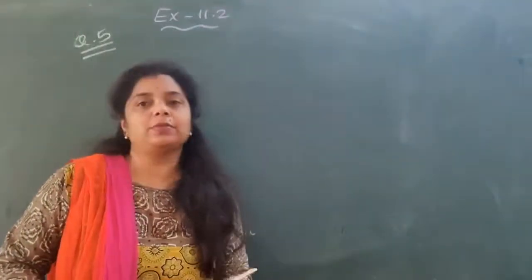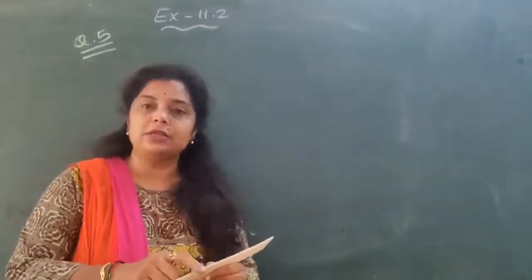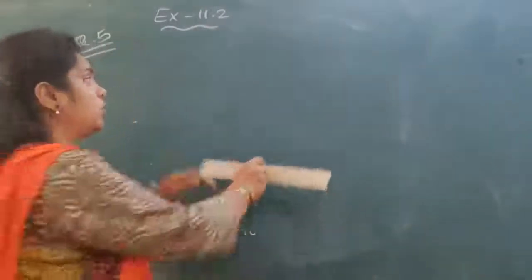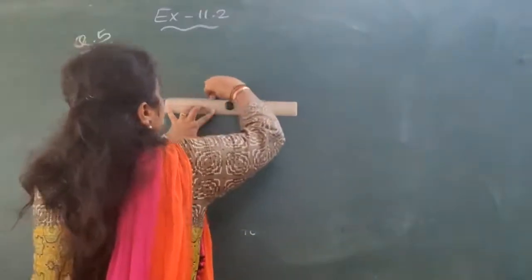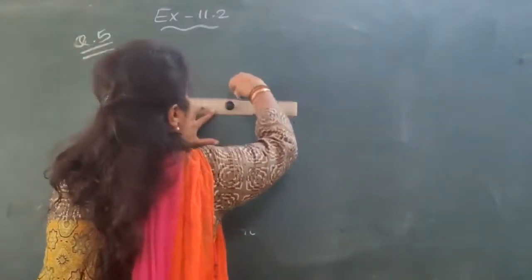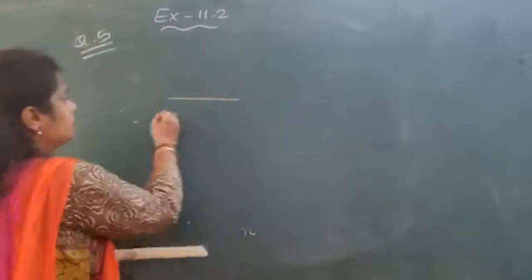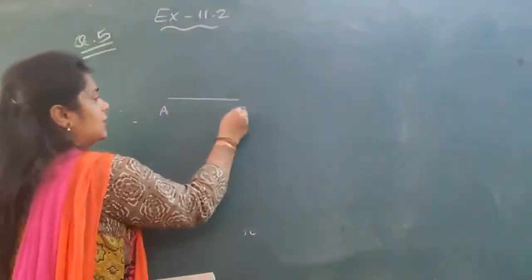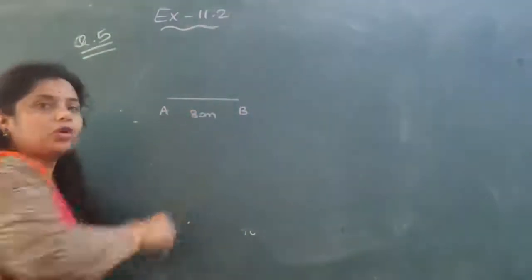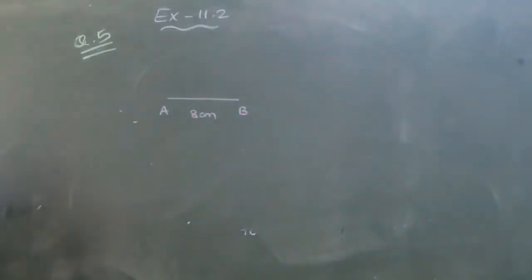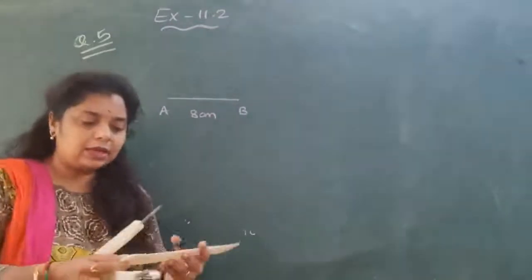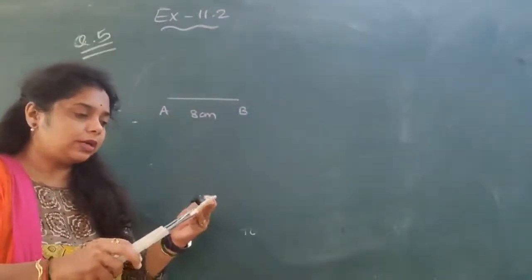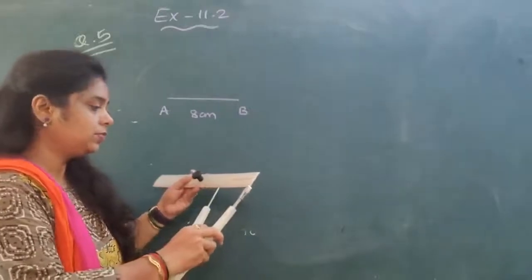Okay, what is the first step? To take 8 centimeter length and draw a line segment like this. So taking 8 centimeter, so this is 8 centimeter and give name this line segment as AB. This is of 8 centimeter. Now they are asking to draw a circle at A and B. At A, asked to take a radius 4 centimeter.